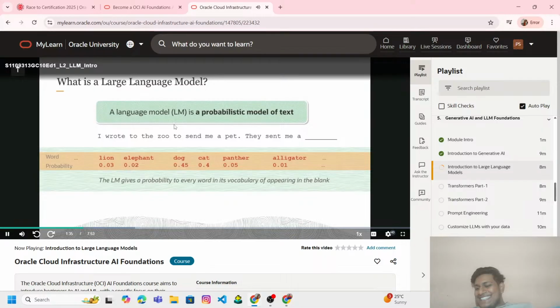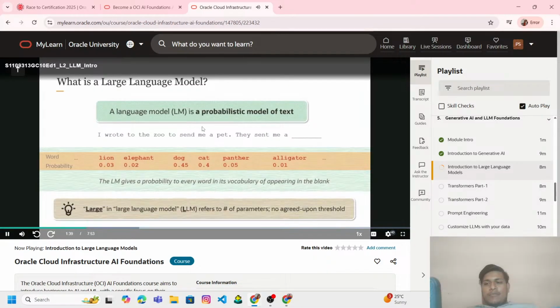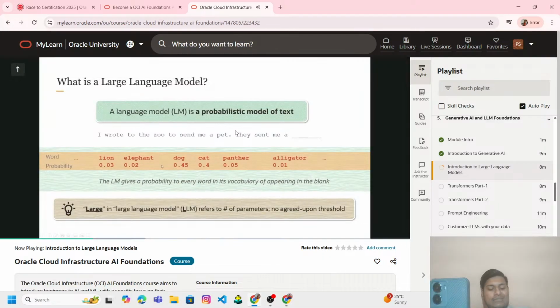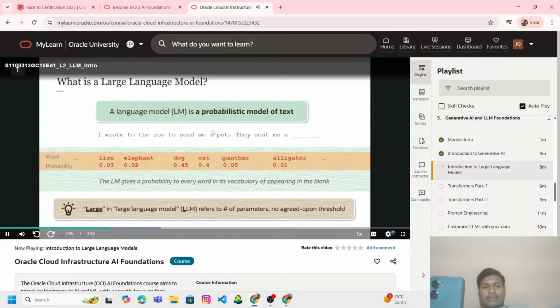And it is important to know that when we run a sequence of words through a language model, we are going to get a probability for every single word in its vocabulary, but no words outside of its vocabulary. So you would not see a word like car here or a truck here or a building here because that's not relevant to the context of this particular sentence. But all these animals, because they are related to the zoo, are included, and each of them get a